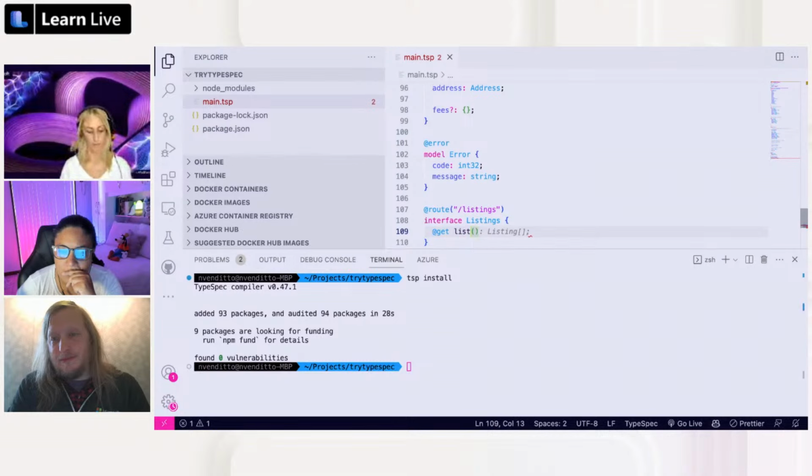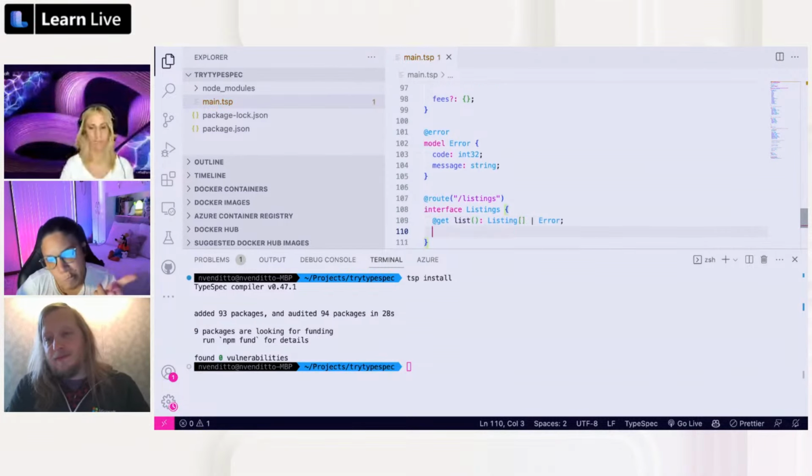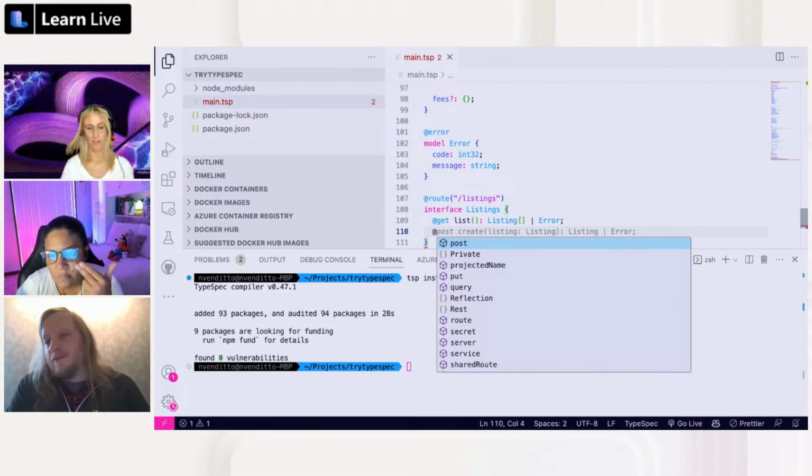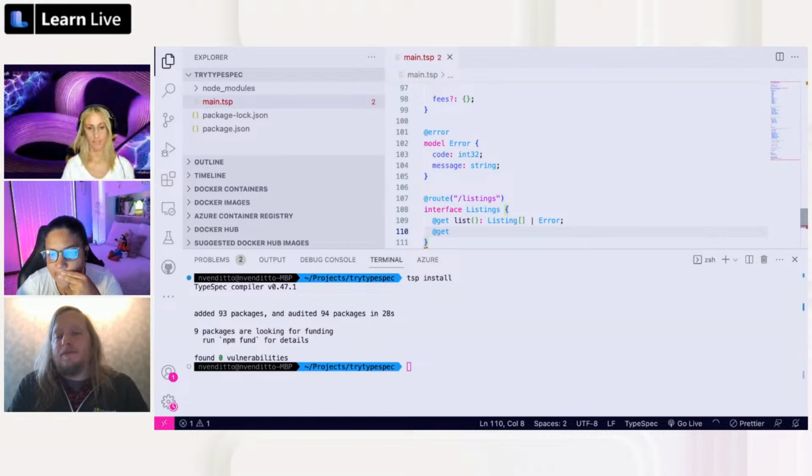And we're going to say, okay, we're going to get a list of listing or an error. And for the listing detail, we're going to get a, what is this, read,